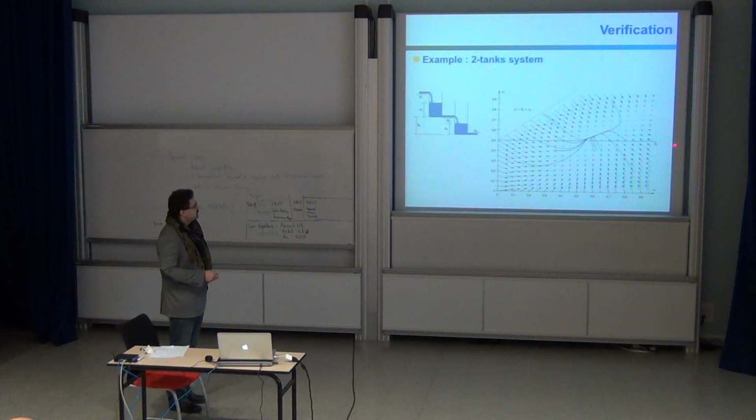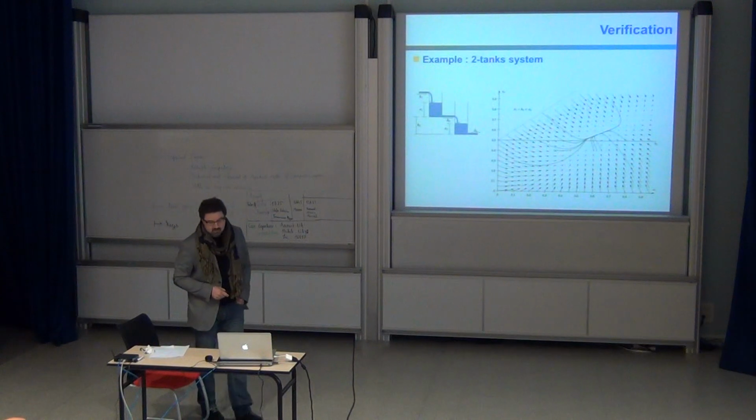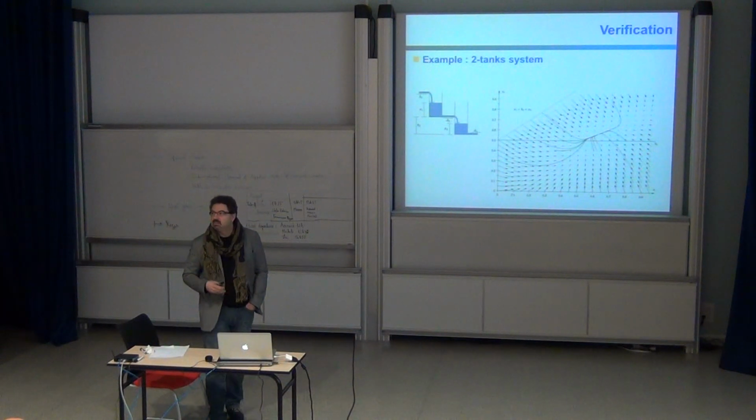You have a switching line here. You have to switch between two modes, which corresponds to when the flow reaches this height. And you have the whole flow field, and you can see there is an equilibrium point here, for instance, and so on. So what we could do, combining our